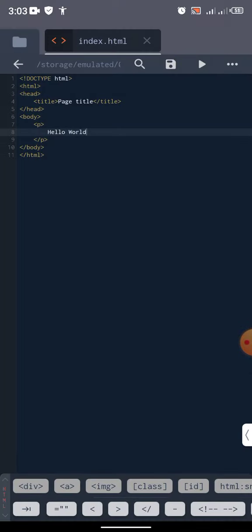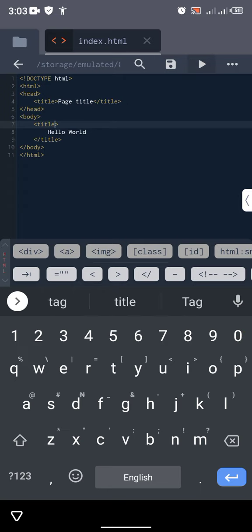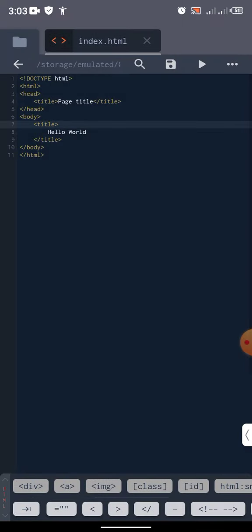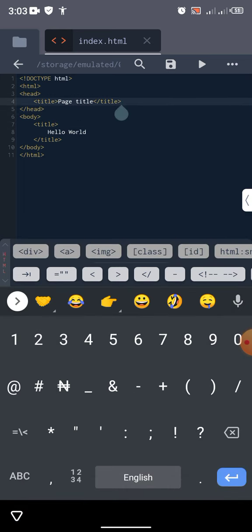Okay, so let's do something. Let's turn this p tag into a title tag and see what happens. As you can see, it has been removed from the web page, meaning that it is not normal. Yes, it's not normal because you cannot have two title tags in an HTML document, because the first one that you included will be the one that will be used, the second one will be ignored. So how about we remove this one? Let's remove it